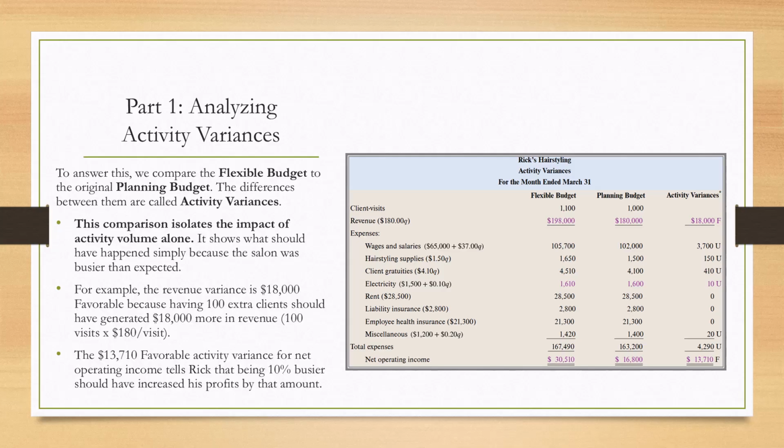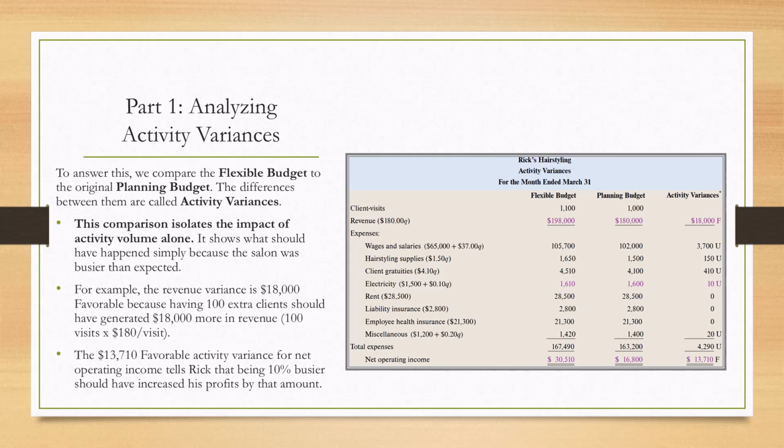The differences between these two are called activity variances. This comparison isolates the impact of the change in business volume alone. For example, the activity variance for revenue is $18,000 favorable. This is because having 100 extra clients should have generated exactly $18,000 more in revenue at a rate of $180